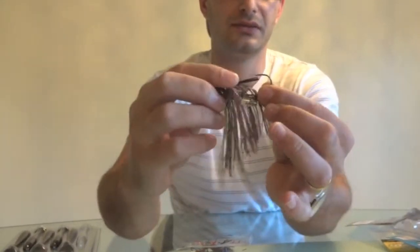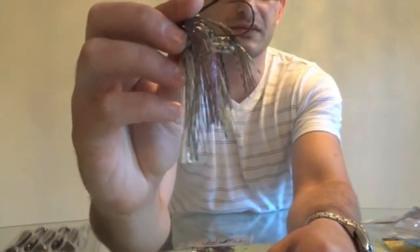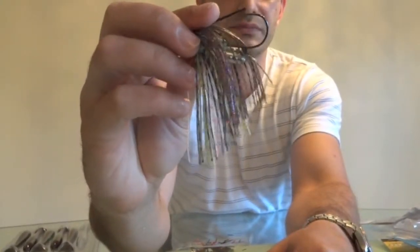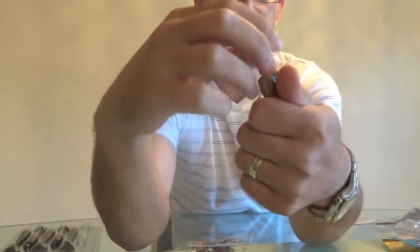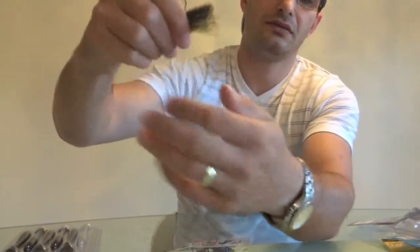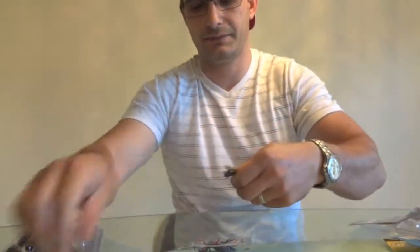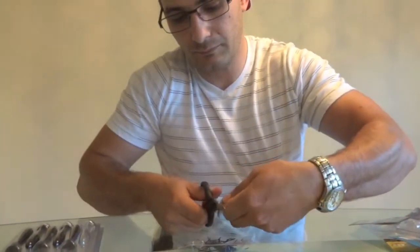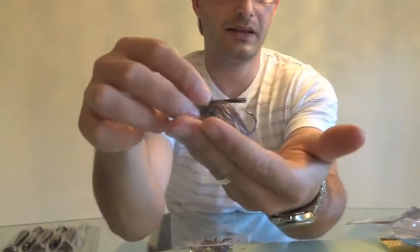And on the swimming jigs on Strike King, since the weed guard is perfectly cut with the hook, I don't have to even trim it. What I do with these is same thing. I'll just cut the skirt just a tiny bit, and again I'll use